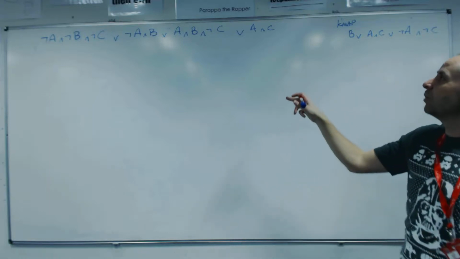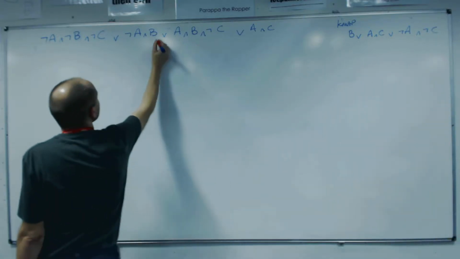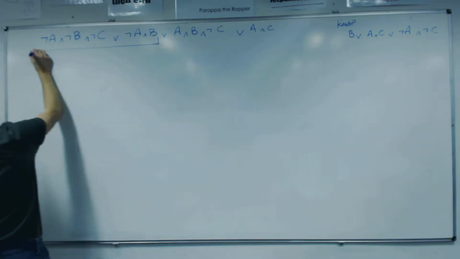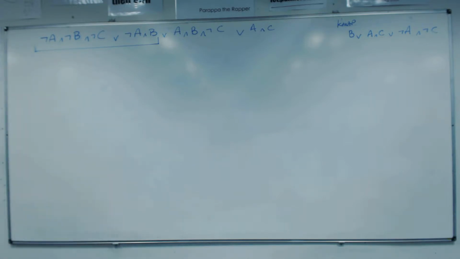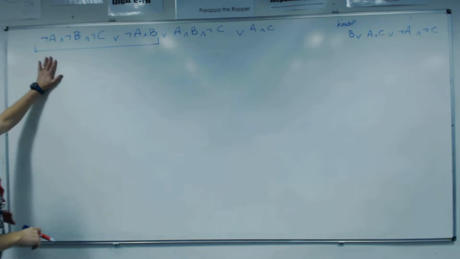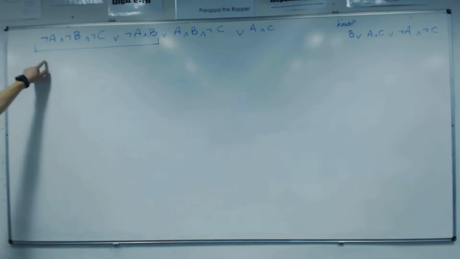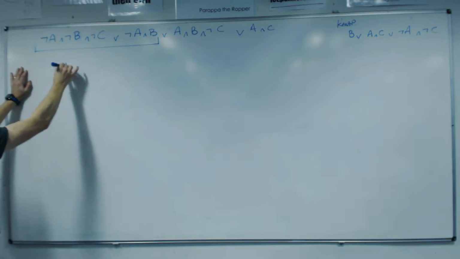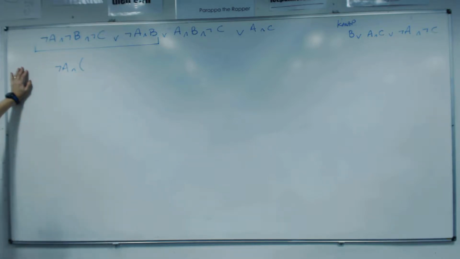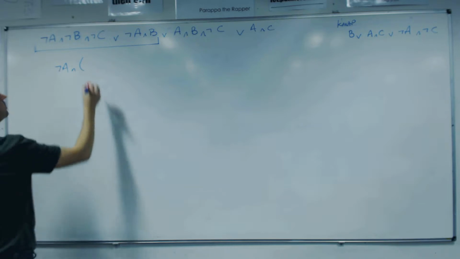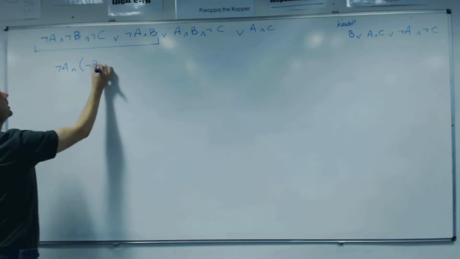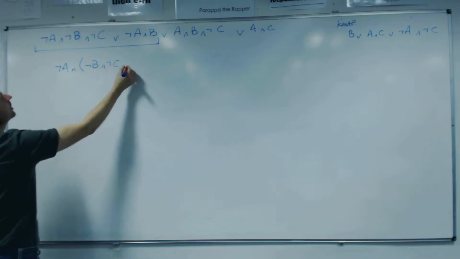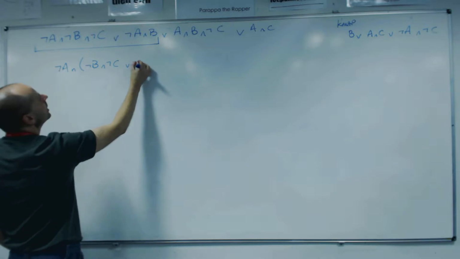So tackling this one, went with that, and just don't do it all at once. Don't ever try and do everything all at once when you're doing these things. Right, so if I look at this, not A is common. Okay, so I'm going to pull not A out, and then I'm going to AND that with, so on this part of the expression, I've got not B or not C and not